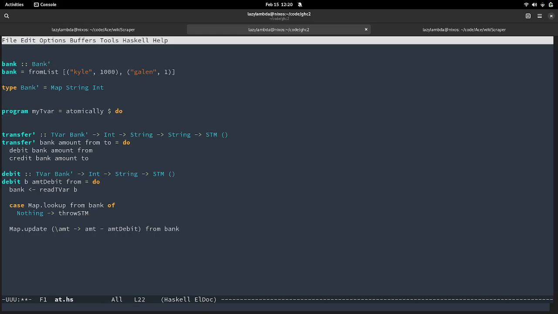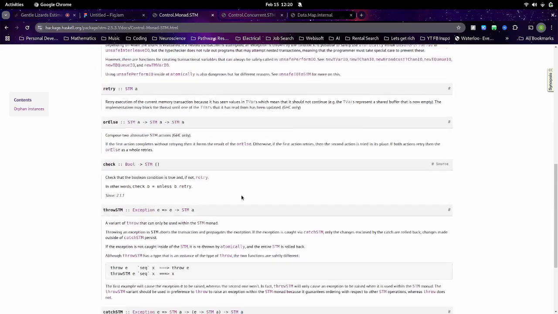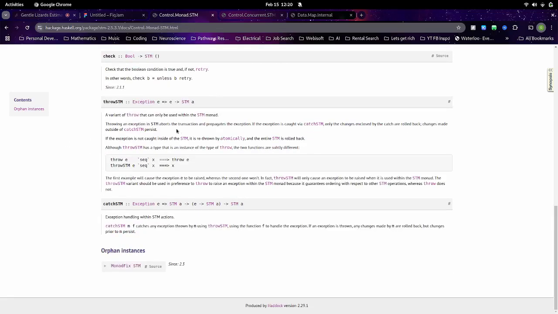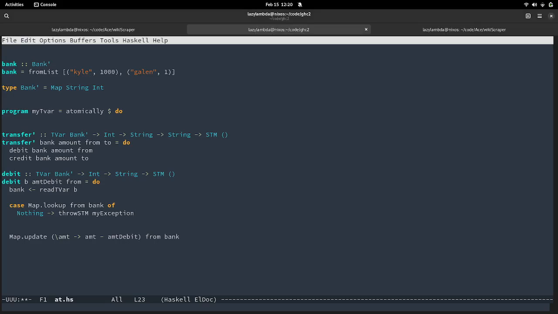I'm going to make up some exception here. So that's, we have tried to debit something that doesn't exist, then we're going to throw an exception. If we did find the value, just amount.